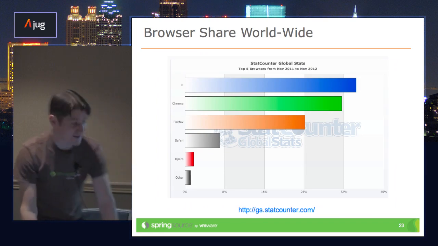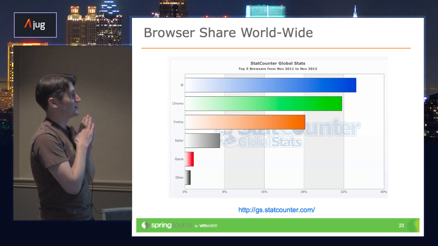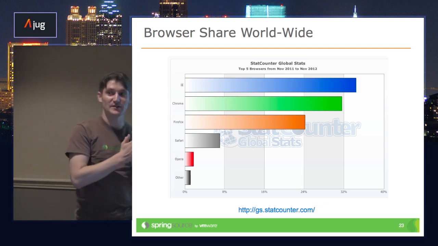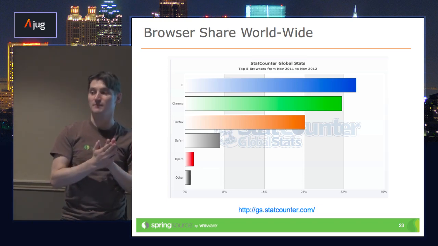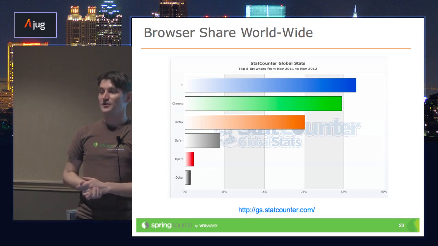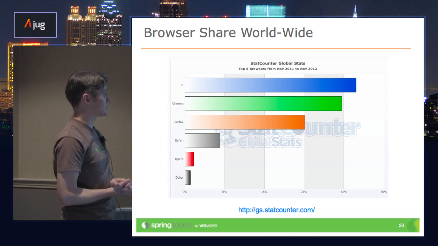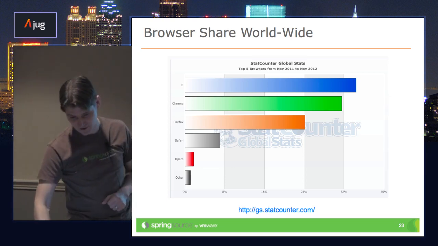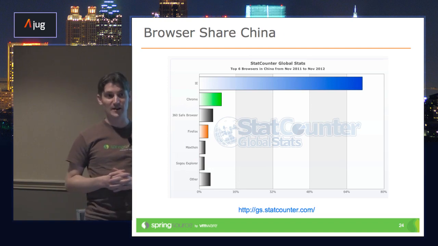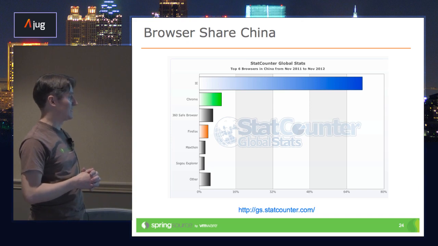The browser share worldwide is still slightly problematic. Putting up the latest numbers. If you only pull it up for November, I think IE was already in the minority. So it's changing. But depending on your target audience, you may still run into quite a bit of restrictions on where you can use WebSockets today. If you look at certain different locales on the planet, maybe you need to do business with China, it looks really depressing.